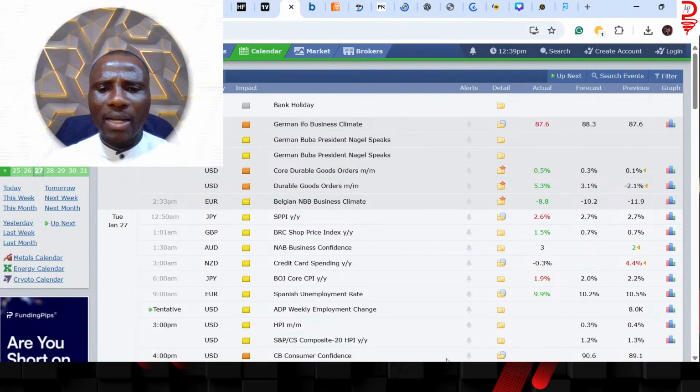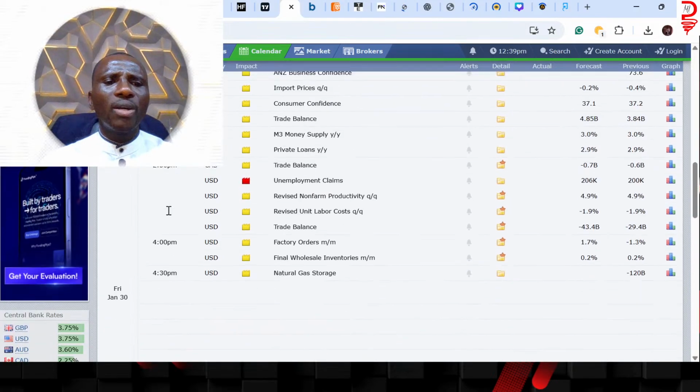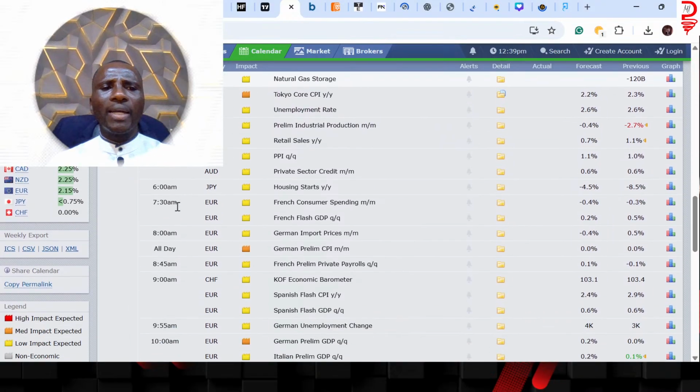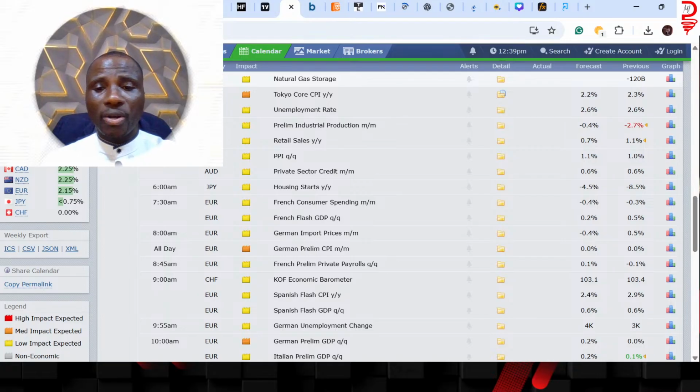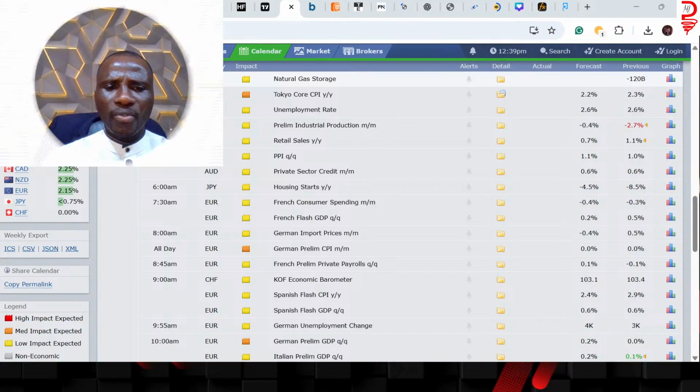So at Potential Miners International, what we usually do is to start our analysis with the fundamental. We'll go straight to look at the summary of the fundamental storyline of the 8 major currencies of the world. And of course, after that, we'll now look at what we are expecting for the